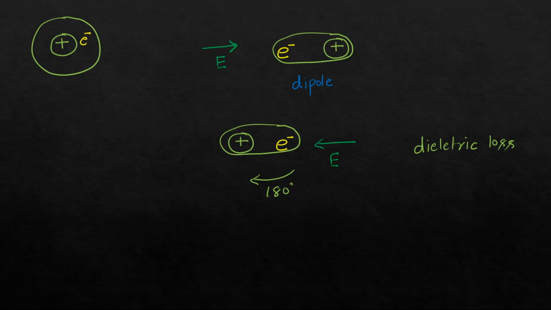Due to these losses, how do we represent a practical capacitor? By a capacitor in parallel with a resistor. That is a practical model of a capacitor. This parallel resistor is indicating the dielectric loss in the capacitor. Usually this resistance must be high. Ideally it should be infinite, because when the resistance is infinite, there will be no current in the resistance. It will act as an open circuit. Okay, so there will be no losses. That is why it should be ideally infinite. So that is basically how you model a capacitor.